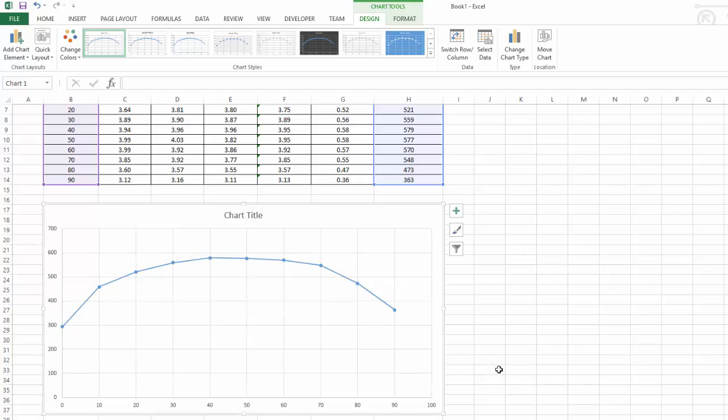Okay, so what do we need on our graph? Now, chart title, that's not very useful. Let's fix that. So if I double click on the title, then I can select that title with my mouse and type in something else. So what will I type? I'll type, how does the angle of a solar cell affect its